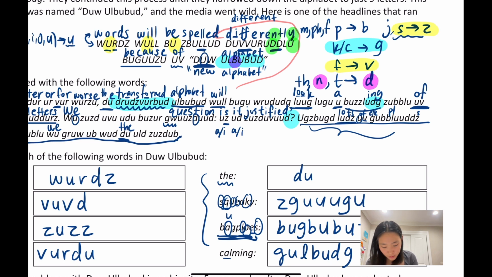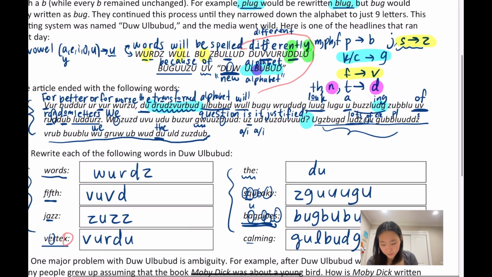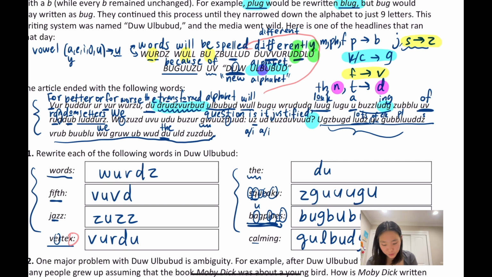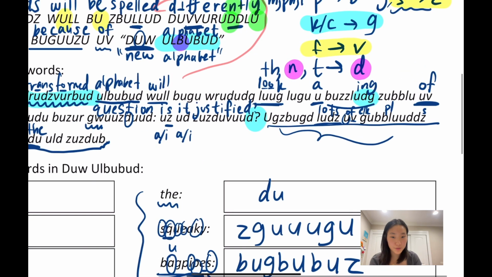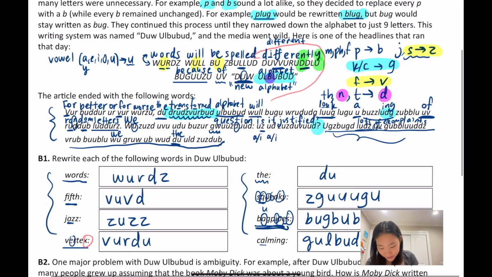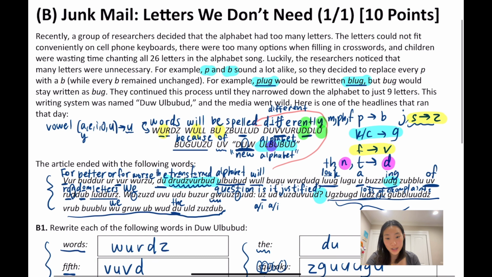And previously it says we something blah blah blah blah. Question: is it justified? Blank, lots of K plus. And then D's can be a lot of things, but if a question was to be asked, oh, is this new alphabet justified? Well, it's probably going to receive lots of what? Complaints, right? It's going to receive lots of complaints. And if you figure out the rest of this sentence, it actually makes sense because you'll find out that it's actually like